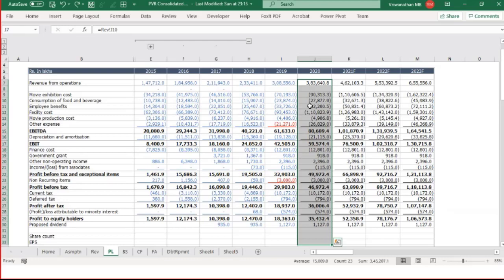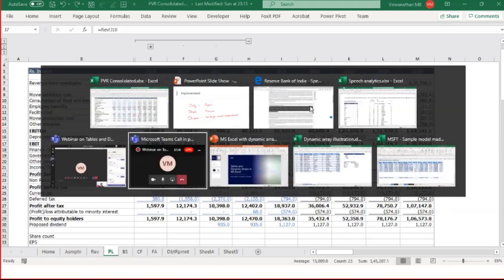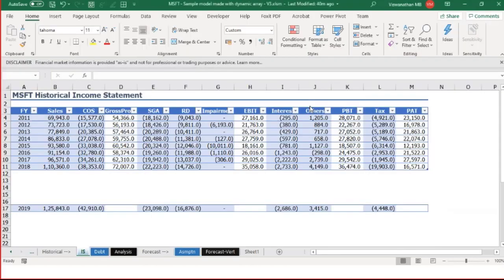Now, let me talk about how dynamic arrays fix this issue. Again, as I said, I'll give a detailed illustration where I'll take you through all of these things step by step. But how does Microsoft Excel's dynamic array fix this? Let me give you a quick example here. I have a Microsoft model which is done using dynamic arrays. You have 11 to 18. I have actuals from 2011 to financial year 18.